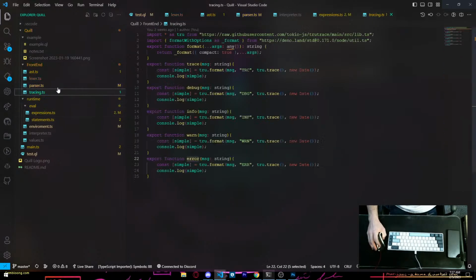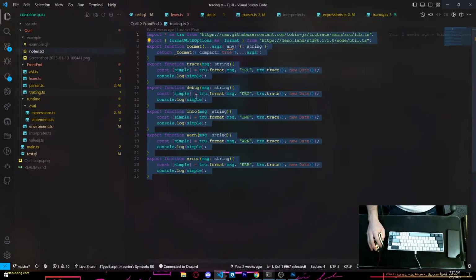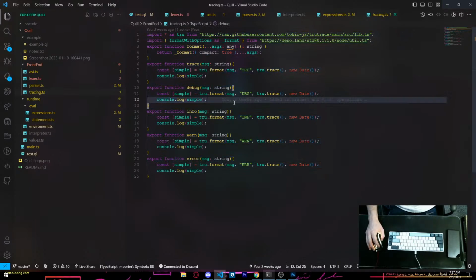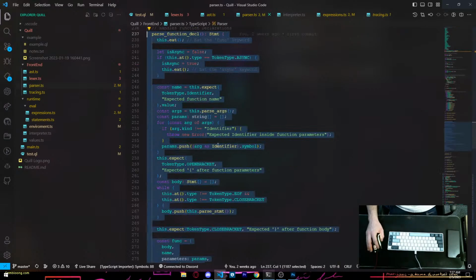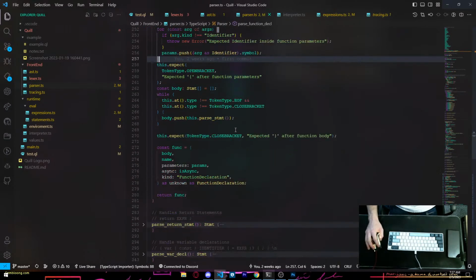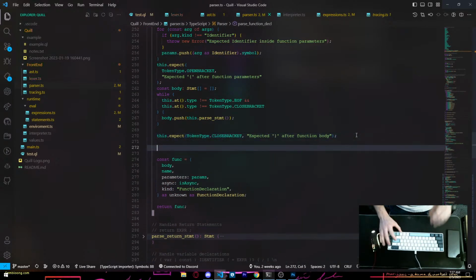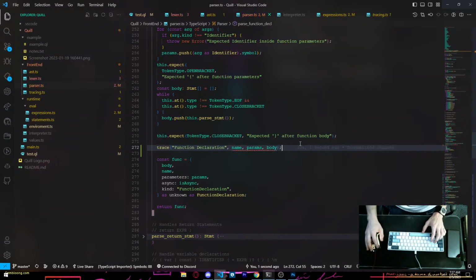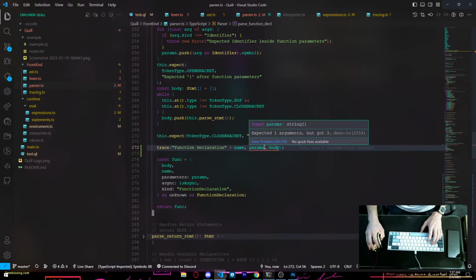And then this is our tracer. So this is where, let's say that we want to show what the parser of a function looks like. So now what I want to say is trace function declaration names, body, and parse params.